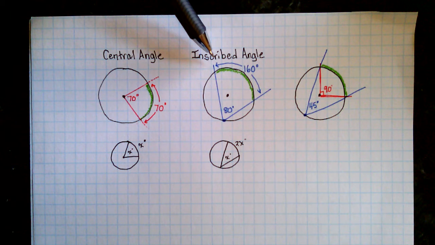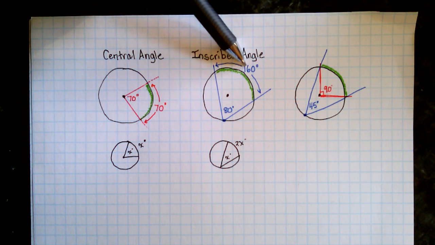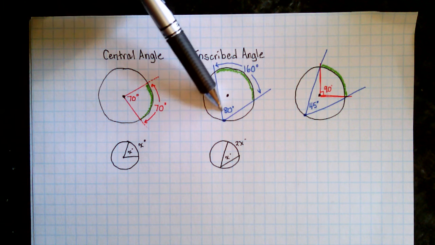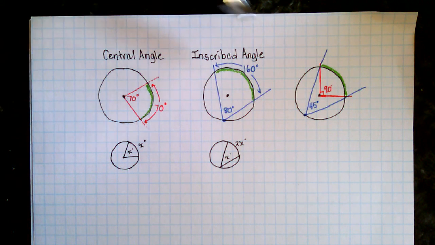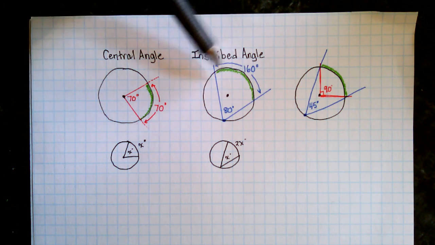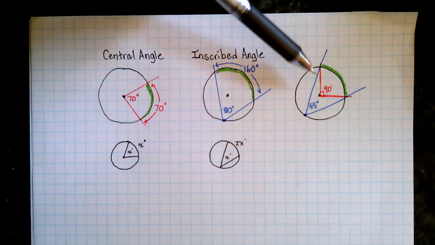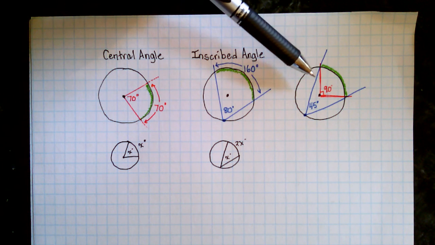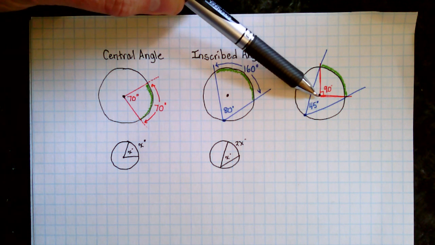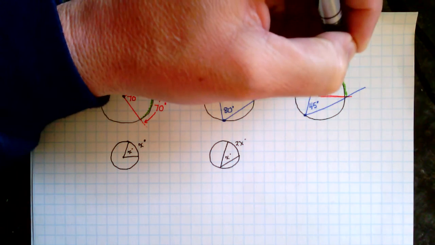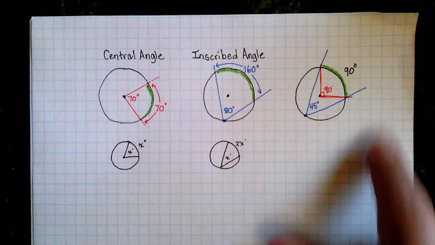For an inscribed angle, the intercepted arc is twice the measure of the inscribed angle. So you can see a 1-to-2 relationship. 80 becomes 160. So this is 160 degrees out of the full circle. And then here it is combined. So you have a 45-degree inscribed angle and a 90-degree central angle, making the intercepted arc 90 degrees, which holds true to